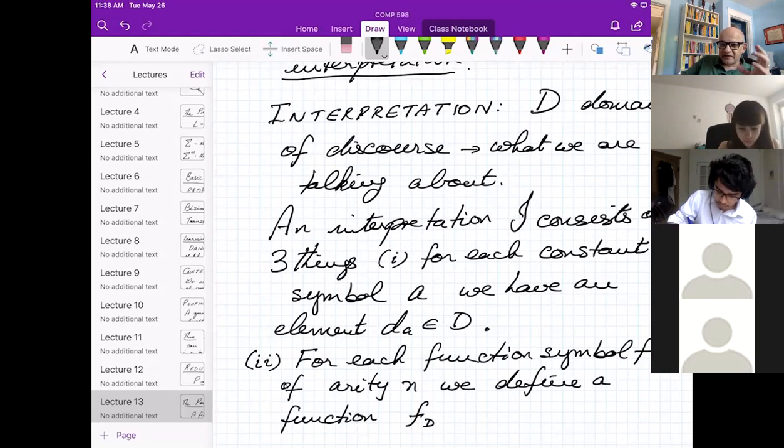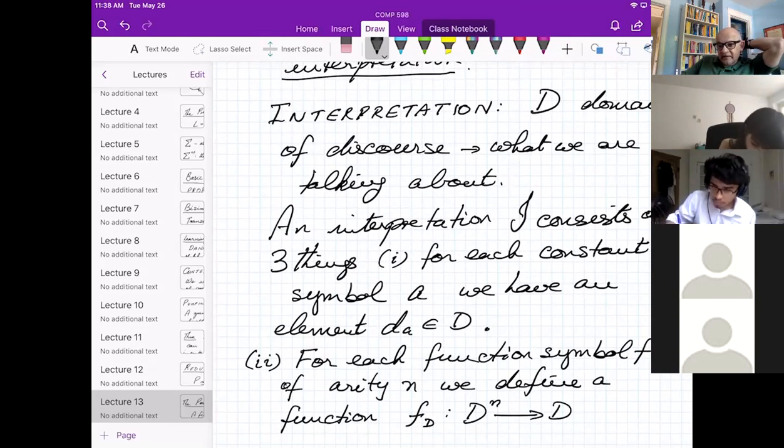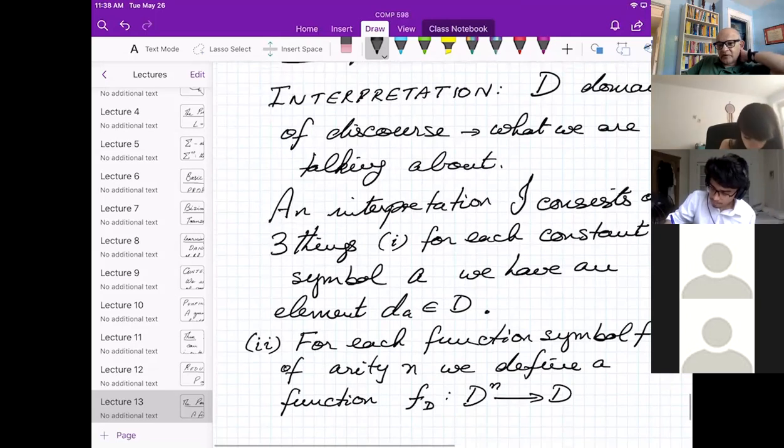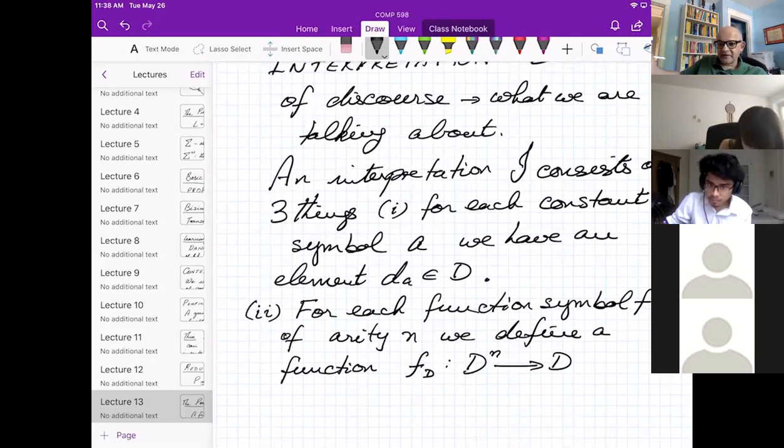So this d kind of tells you I'm interpreting f now. And what kind of thing is it? It takes n elements from my domain and computes some new element in my domain. That's what functions do. They take inputs and they tell you an output. Okay, so this is a bona fide live set theoretic function as we've always known and loved, and it is now the interpretation of our hitherto uninterpreted symbol f.